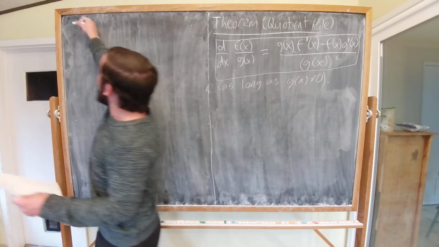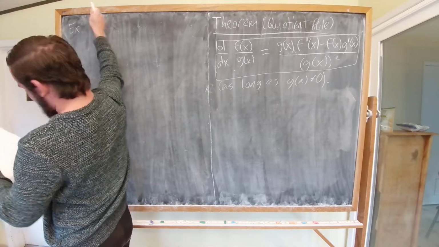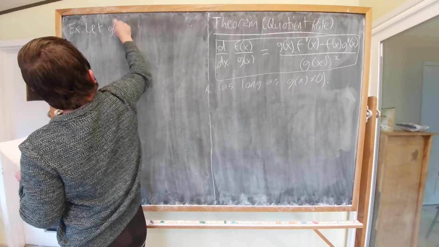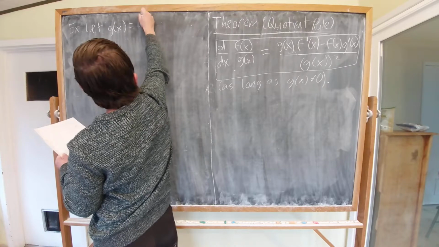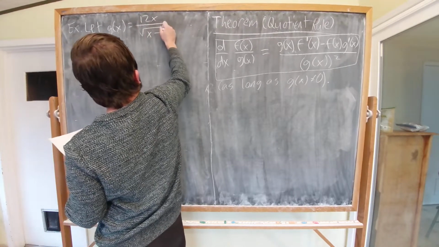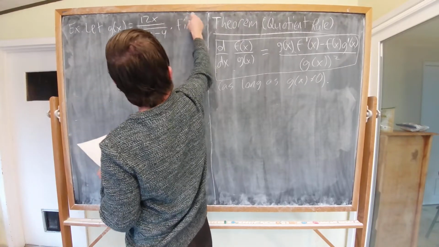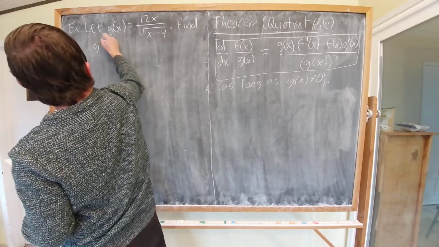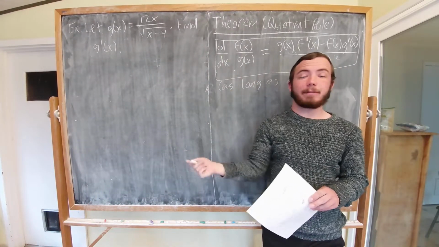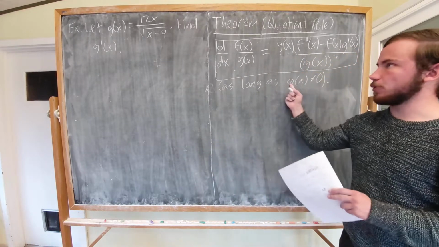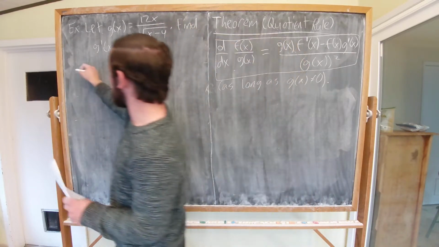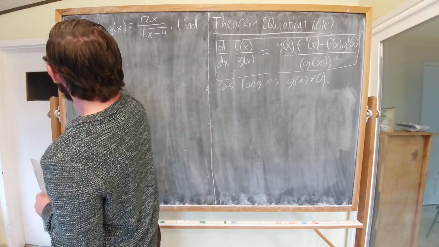Alright. Let g of x equal 12x divided by the square root of x minus 4. And let's say we wanted to find g prime of x. So this kind of situation is a natural application of the quotient rule. One function divided by another. So g prime of x is going to equal to,